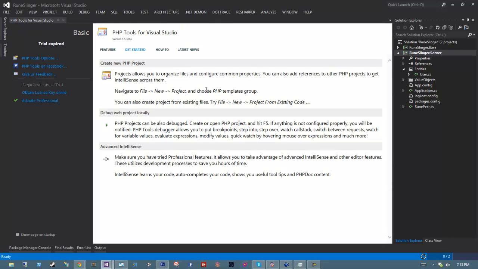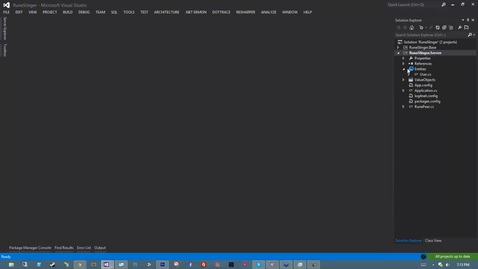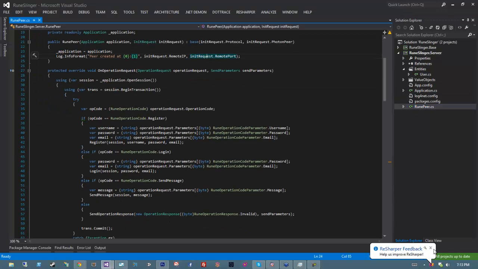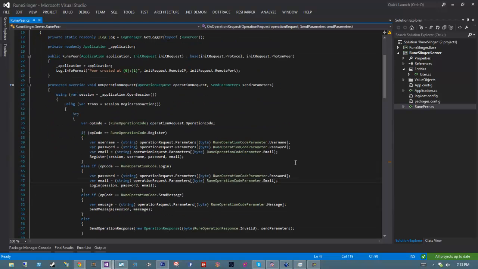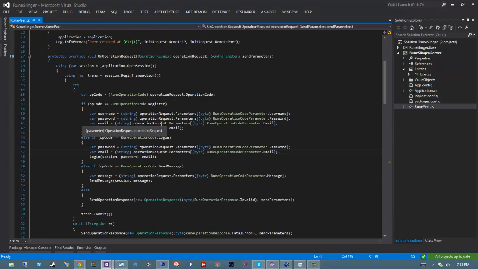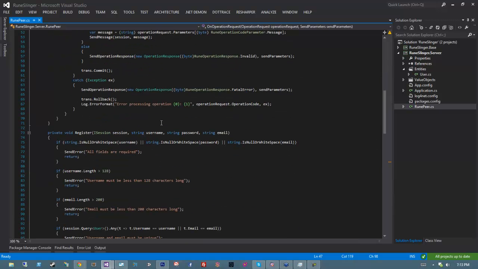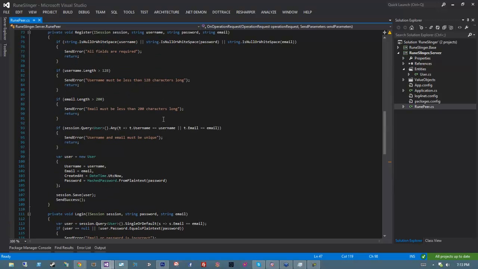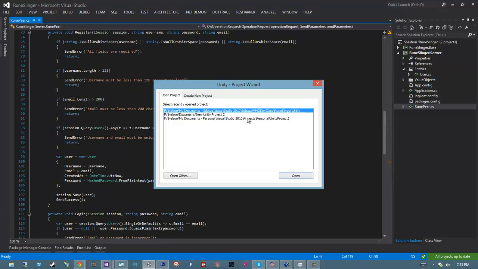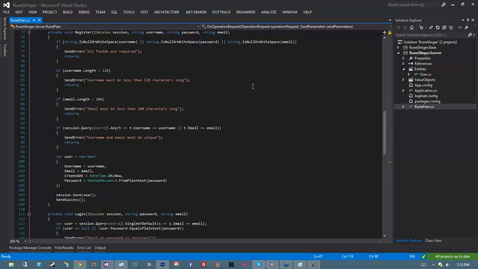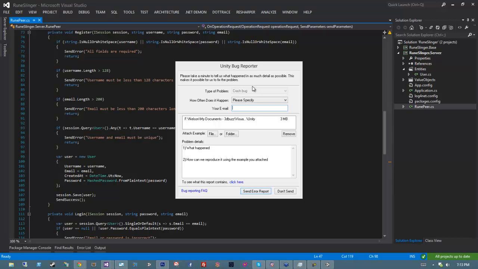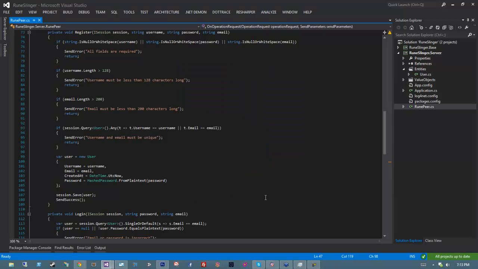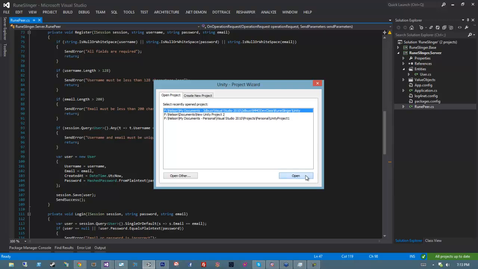So what we have so far is a very basic implementation of a server and client, where our server is written in Photon using the Photon operation request stuff and the parameter dictionary and all of those things. The problem that we're going to run into, that we've already started to see with our code, if I go ahead and fire up Unity,